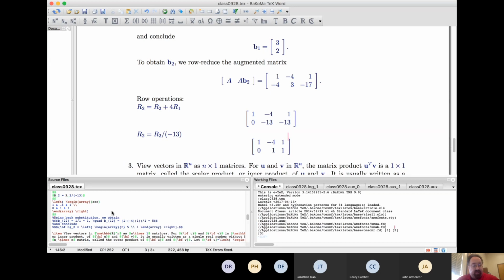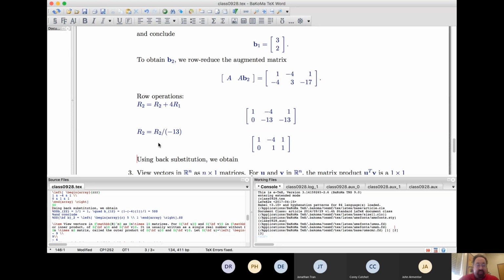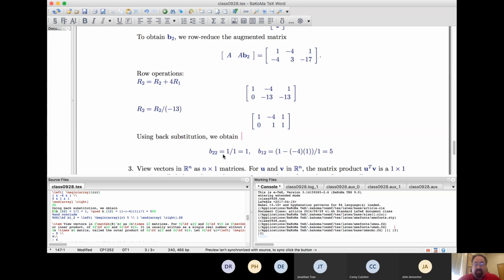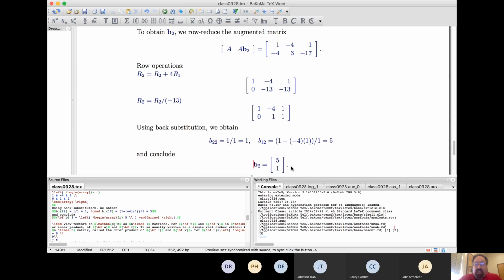So then I could use back substitution again. And I'm going after the entries in column 2, so that's why the second index is equal to 2. So second row, second column, first row, second column. Then I go for the same process of substitution as I've shown in various problems from chapter 1. So right-hand side value minus these terms with the previous unknown substituted in. And then we get our entries 1 in the second row and then 5 in the first row. So that gives the second column of B,